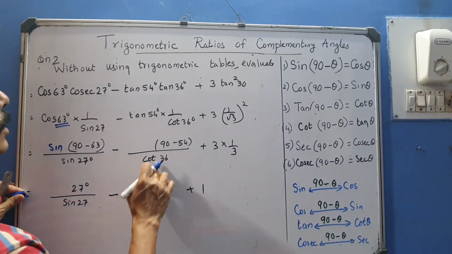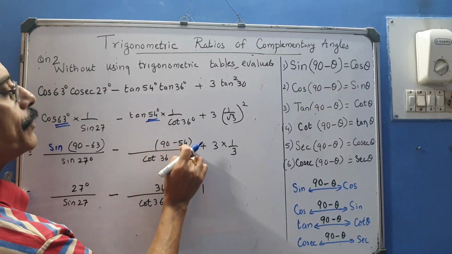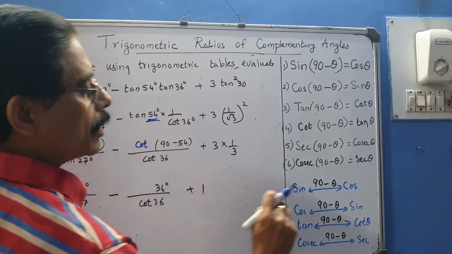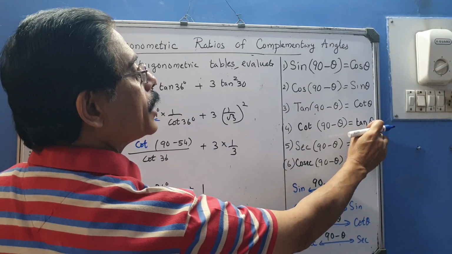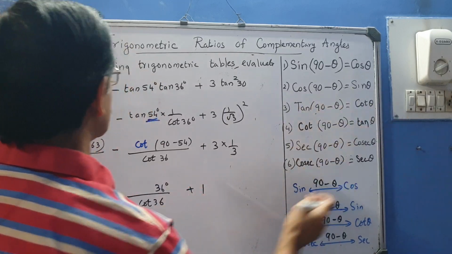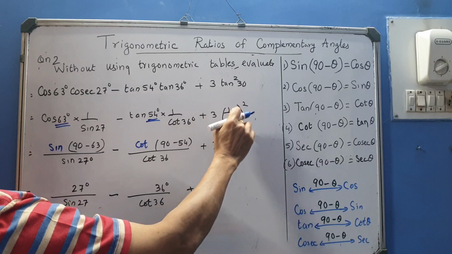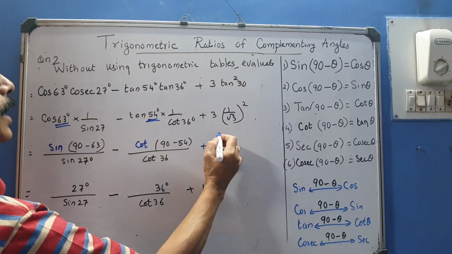Now here I change the numerator, you find the complement of 54. So 90 minus 54, when you find it, tan is becoming cot. We know that cot of 90 minus theta is tan theta, and tan of 90 minus theta is cot theta. This is a standard angle. I said tan 30 is 1 upon root 3, so 1 upon root 3, the whole square, is 1 by 3. 3 and 1 by 3 cancel, giving you 1.